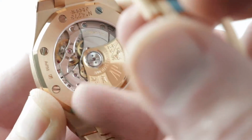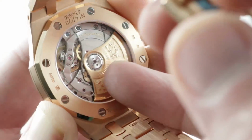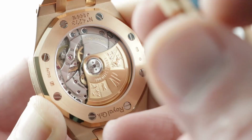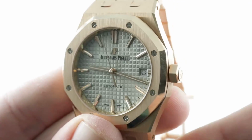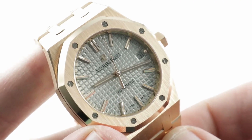It beats away at 21,600 vibrations per hour, makes up for the low beat rate with a huge balance, 40 joules, black polished screw heads, linear Côte de Genève, and there is a machined but quite beautiful bevel along the edge of each bridge. The timepiece handsomely executed, and of course with stop seconds and a quick set date, it is the full package. You can see this mid-size, or perhaps I should say right-size, Audemars Piguet Royal Oak 15450OR